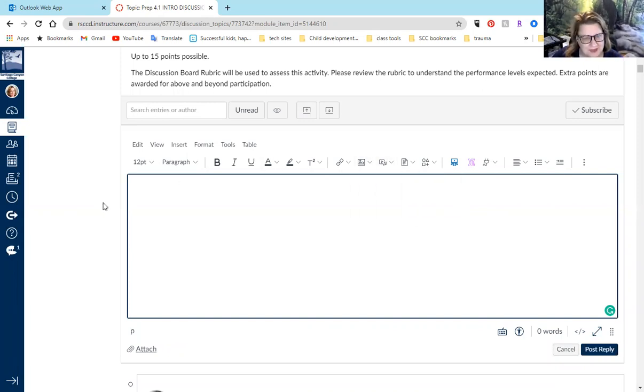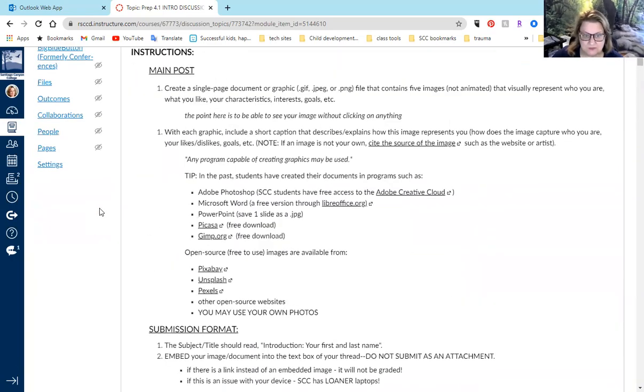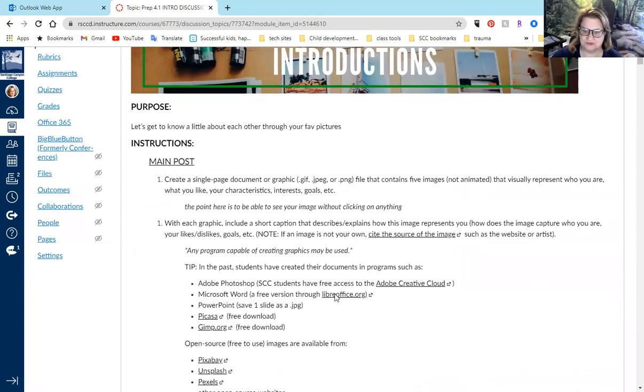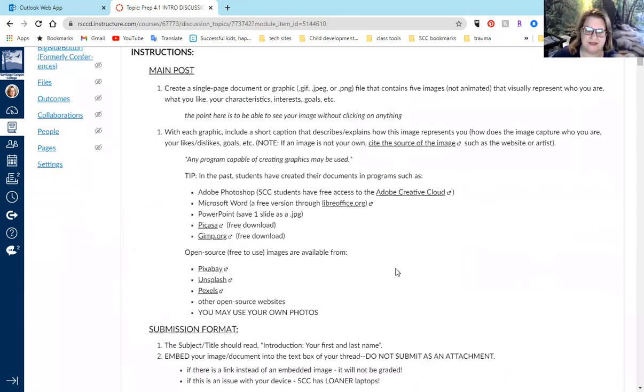Now on your phone, the controls might look a little bit different, but again, make sure that you're replying to 2 or more. It can always be more, right? And I gave you options here on what to use. You can use the Office 365, you can use the Adobe, you can do all that stuff.